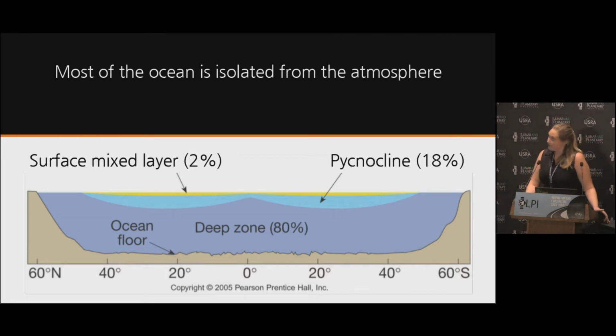Beneath that, in the light blue, is the pycnocline. That is the region of rapidly increasing density that yields relatively stable density stratification of the ocean and isolates this mixed layer from the deep ocean, which is the bulk of the ocean by volume. This stratification breaks down at high latitudes, of course, in regions of deep water formation.